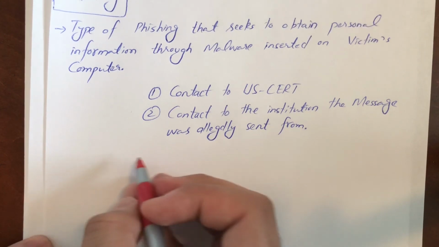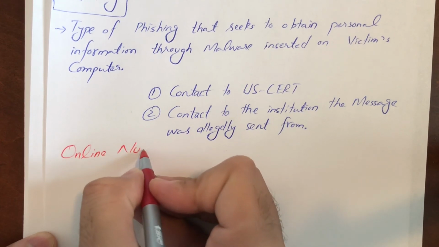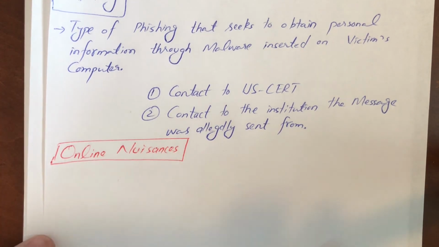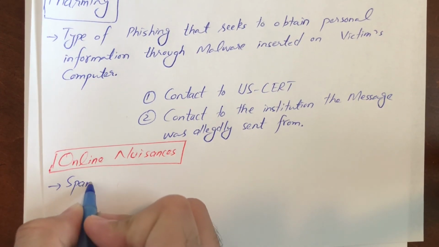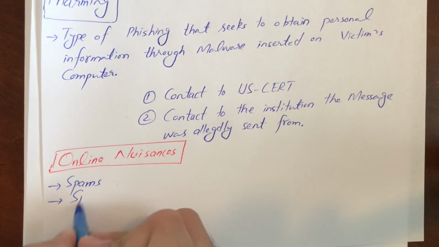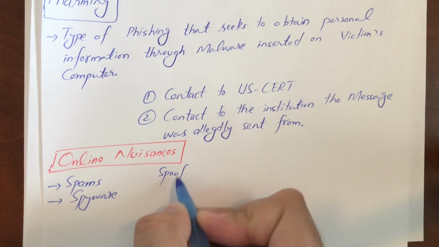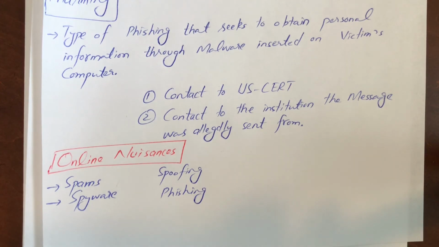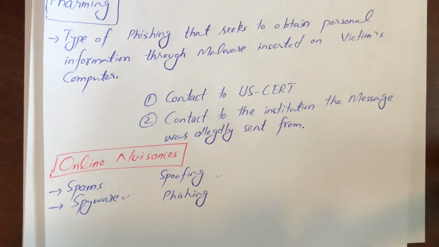Next, another term which some people confuse with viruses is called online nuisances. Online nuisances are usually just to frustrate or annoy the user rather than steal something. They are usually spams, but could be spyware, which is somehow dangerous, spoofing, or phishing as well. If it is spam, then of course it is not a crime. But if it becomes spyware, where they're stealing something, spoofing, or phishing, then it would be a criminal activity or cybercrime.